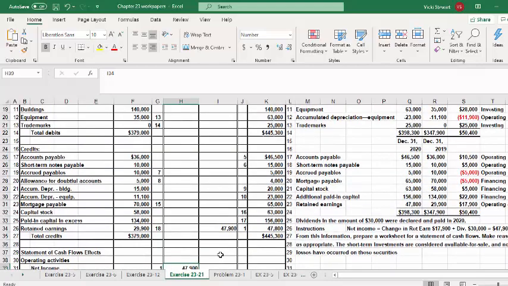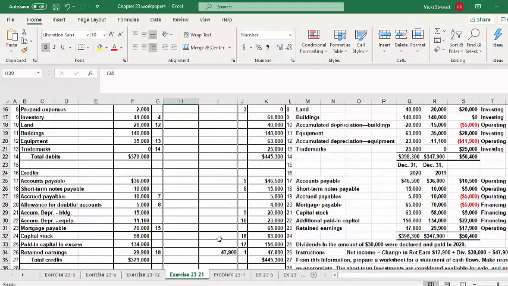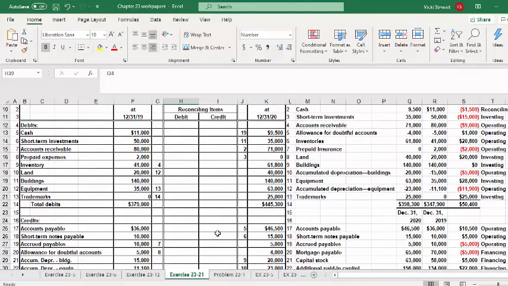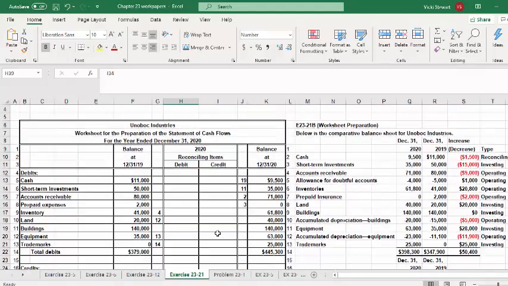So this is a very small comparative balance sheet, but you could see where if you had thousands of accounts, why this type of worksheet would be so important. And it's good to get used to using worksheets. Okay, so the next item on the comparative balance sheet that would be in the operating activities section would be